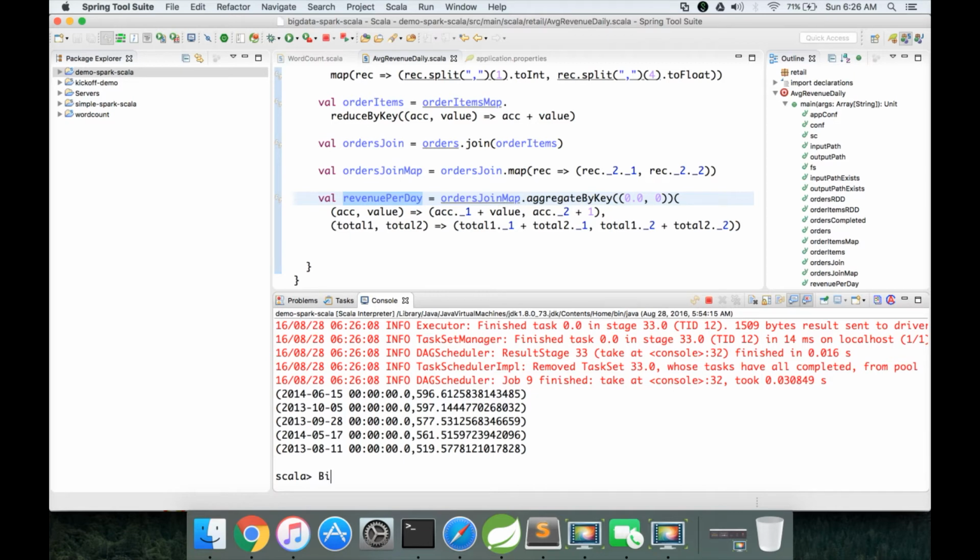So Scala provides something called BigDecimal. There is a class called BigDecimal in Java also, and Scala also provides a similar thing. It takes a value, a float value. Let's take this one.